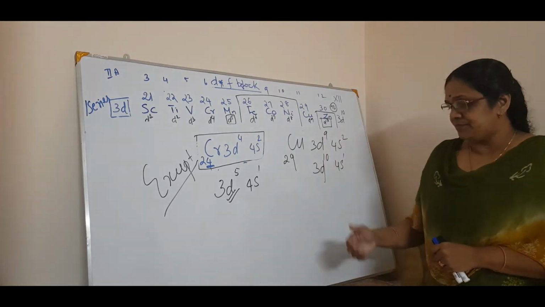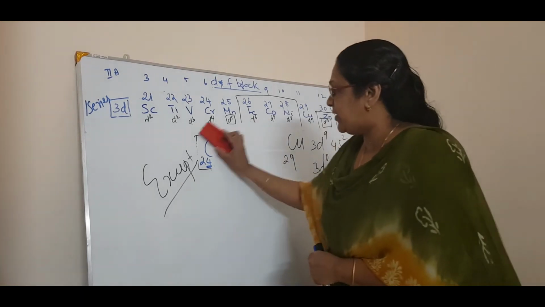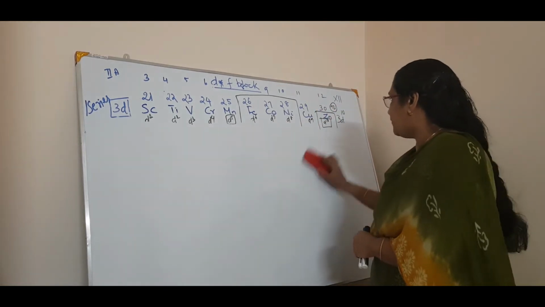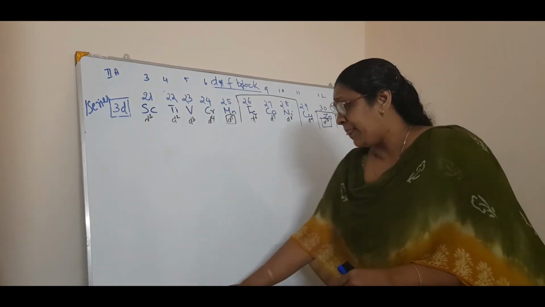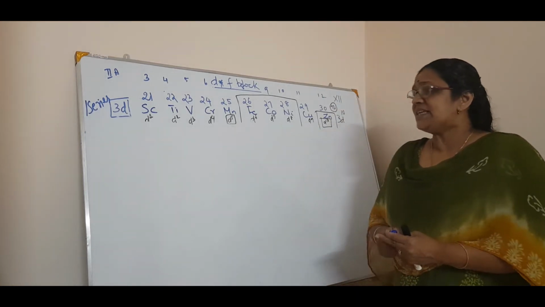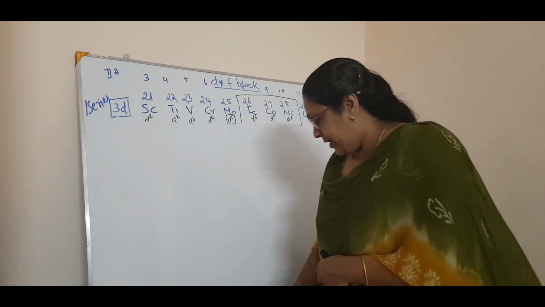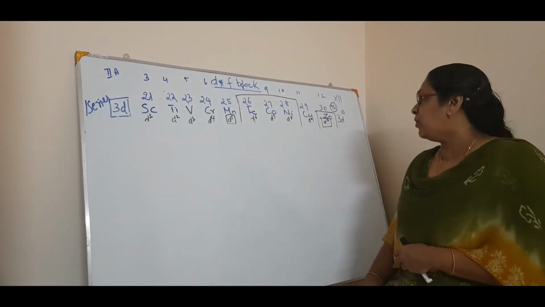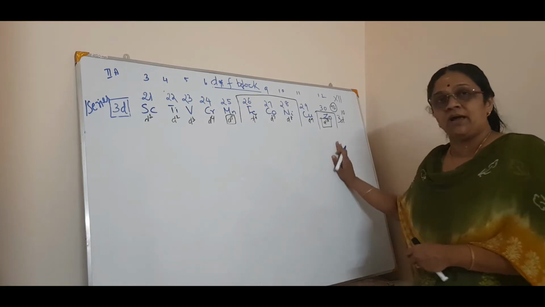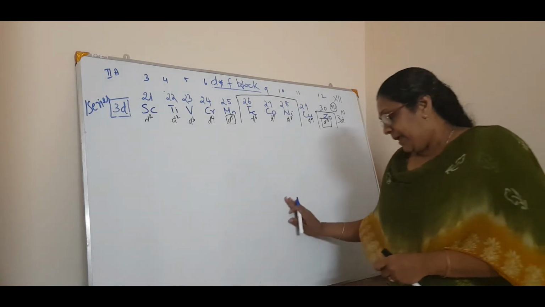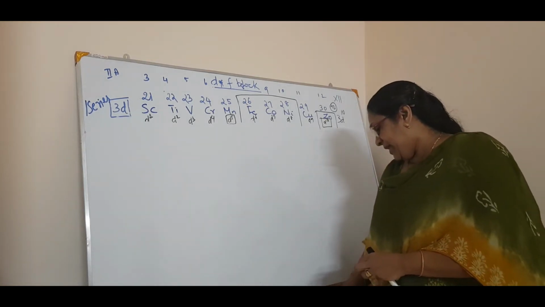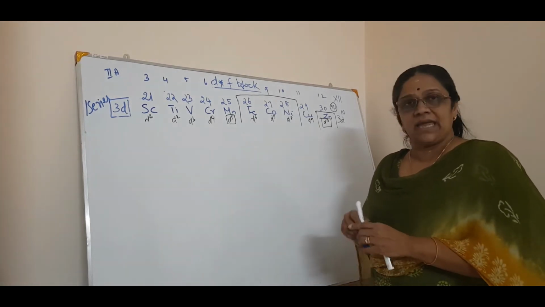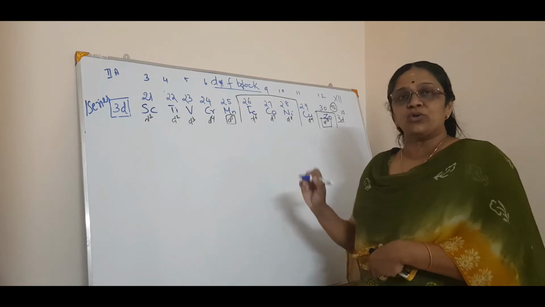Now we will see some more details into the general trends. This is just an electronic configuration. Now we will see the physical property. But before going to the physical property, I already told you zinc, cadmium, mercury are non-metals, isn't it? Then one more thing, the electronic configuration I told you. Now some characteristics of these d block elements. Then we will move on to the physical property.